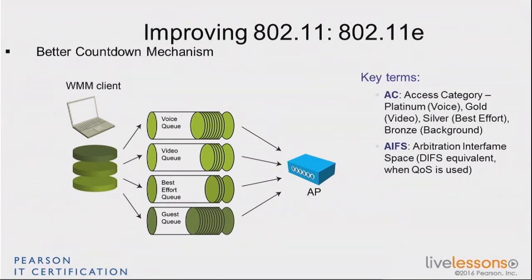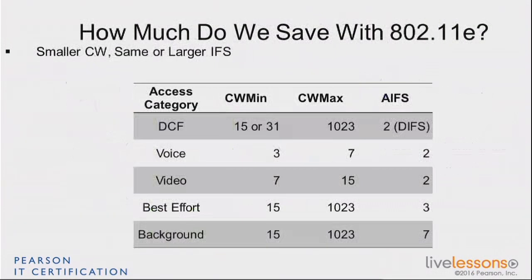And you also have to understand access categories, the fact that you can prioritize different types of traffic differently as you count down. The logic is the same, and you don't need to know those numbers by heart, but it's just to give you a view of what we have in AIFS. You see, for the normal distributed coordination function, as we call it, DCF, which is normal 802.11 without QoS, you have the values of CW min and CW max. And then for QoS, you have the AIFS value.